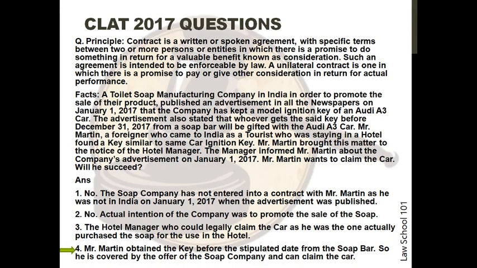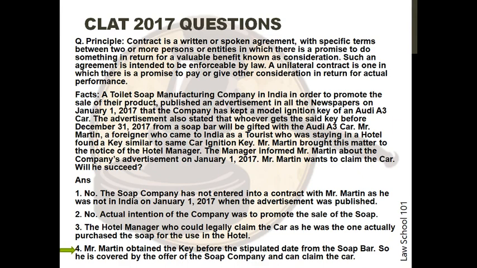Mr. Martin, a foreigner who came to India as a tourist, who was staying in a hotel, found a key similar to the same car ignition key. Mr. Martin brought this to the notice of the hotel manager. The manager informed Mr. Martin about the company's advertisement on January 1st, 2017. Mr. Martin wants to claim the car. Will he succeed? The answer options are: no,